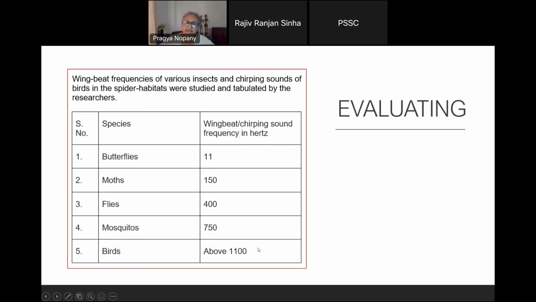Now tell me why their backward strike was so high at 150 and 400. They could not even see who was behind, yet why were they striking backward at those frequencies? Write in the chat box. At 150 and 400 hertz, why were the spiders giving backward strikes? Because they identified them as the frequencies belonging to moths and mosquitoes. Yes, you are writing correctly in the chat box.